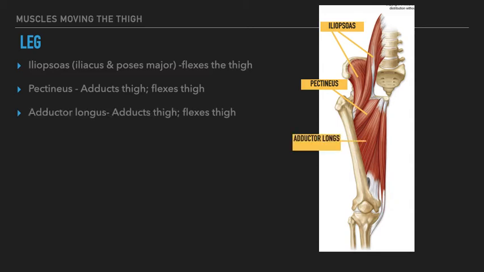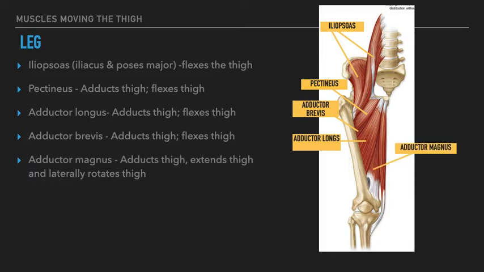The adductor longus, this will adduct and flex the thigh. The origin of that muscle is the pubis near the pubic symphysis, and the insertion is the linea aspera of the femur. The adductor brevis, which is kind of in behind the adductor longus. This is going to flex the thigh and adduct the thigh. The origin is the inferior ramus of the pubis, and it inserts on the upper third of the linea aspera